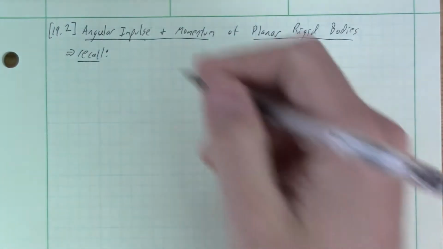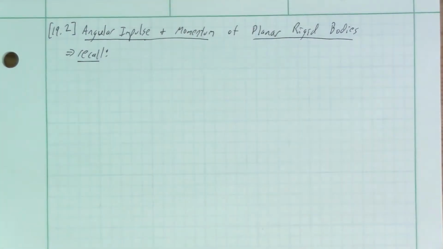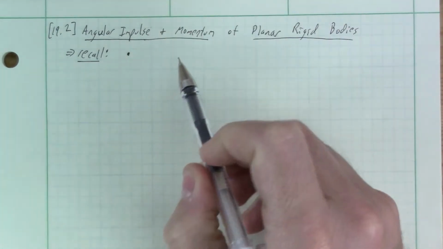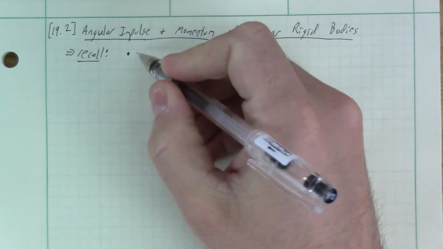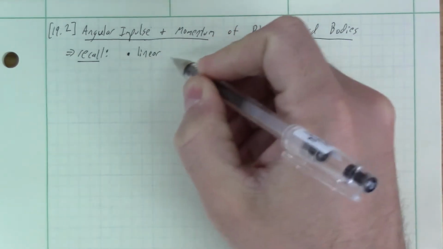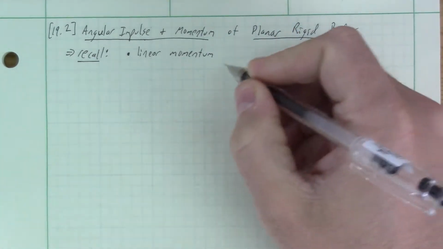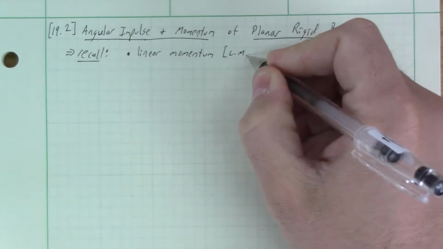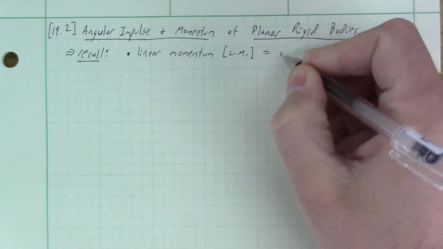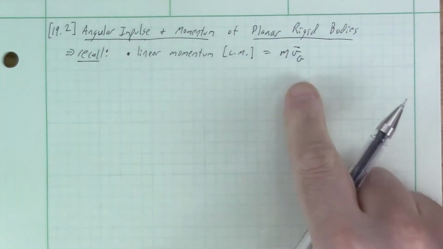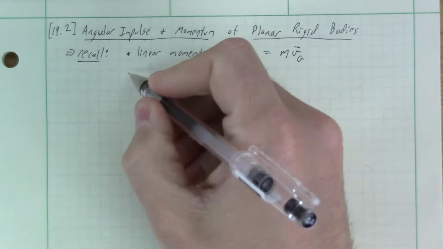Okay, so we're going to start with just some reminders of aspects relating to momentum that we've talked about in the past. We started by defining what the dynamical property of linear momentum is, and that is a vector quantity. And for a rigid body, it's its mass times the velocity of the center of mass, where